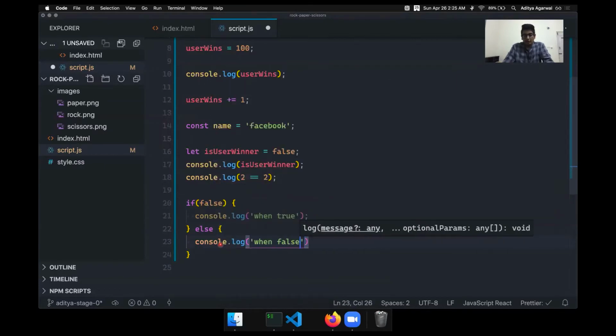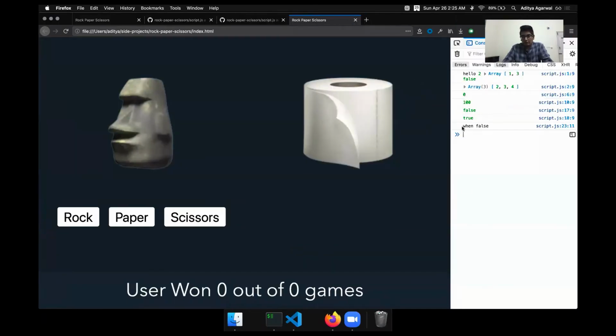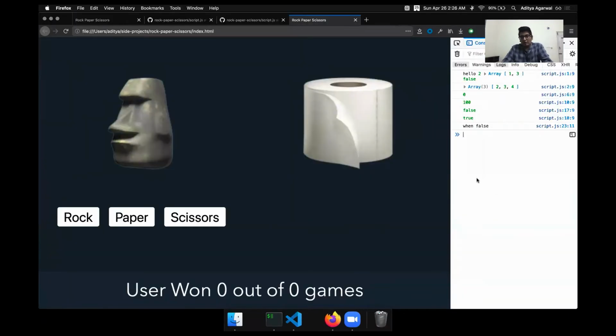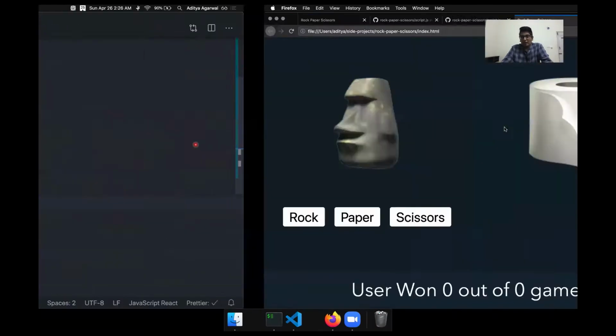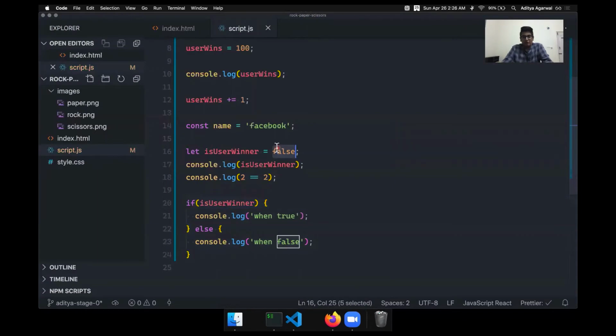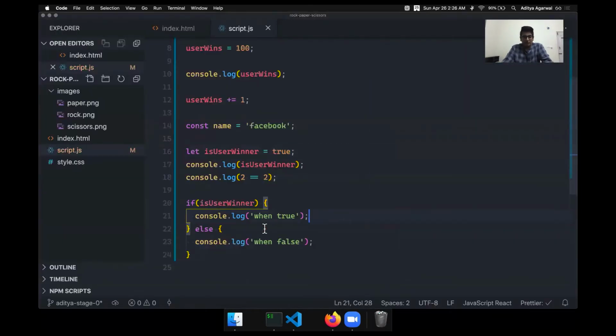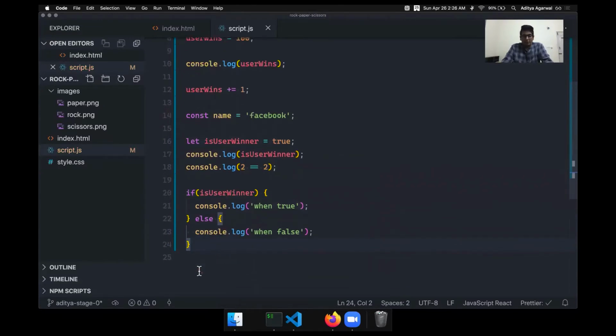As we pass false inside if, obviously this condition will not run, and the second one will execute, and we can see it here. Instead of directly writing false, I can say if isUserWinner, then do this. Again isUserWinner is false, so that's why it is saying when false. But if I change the value to true, you'll see that the if case worked. So that is if and else.